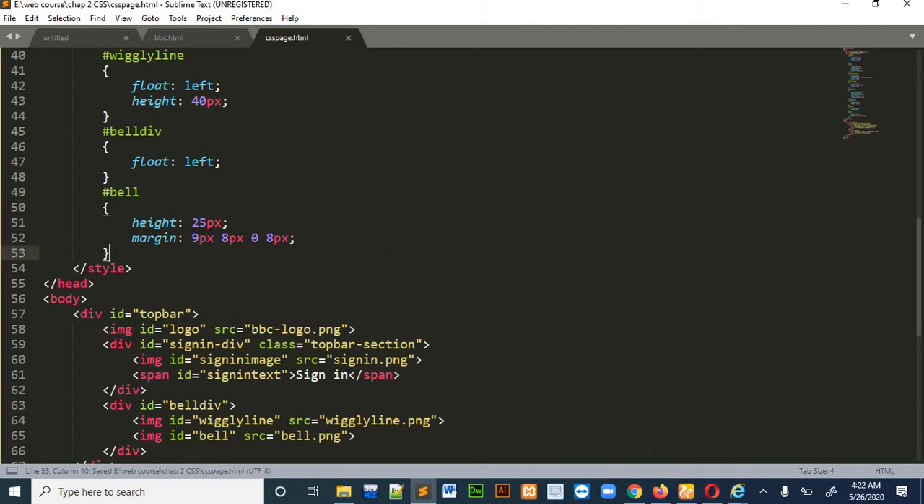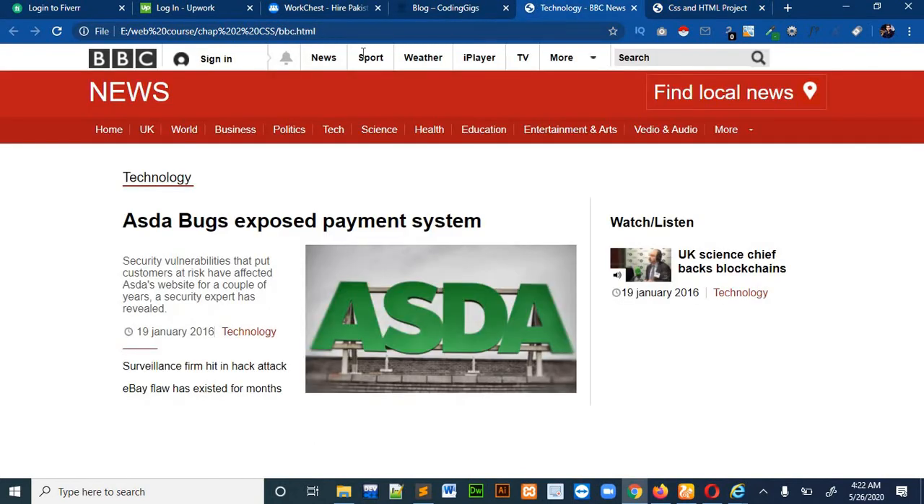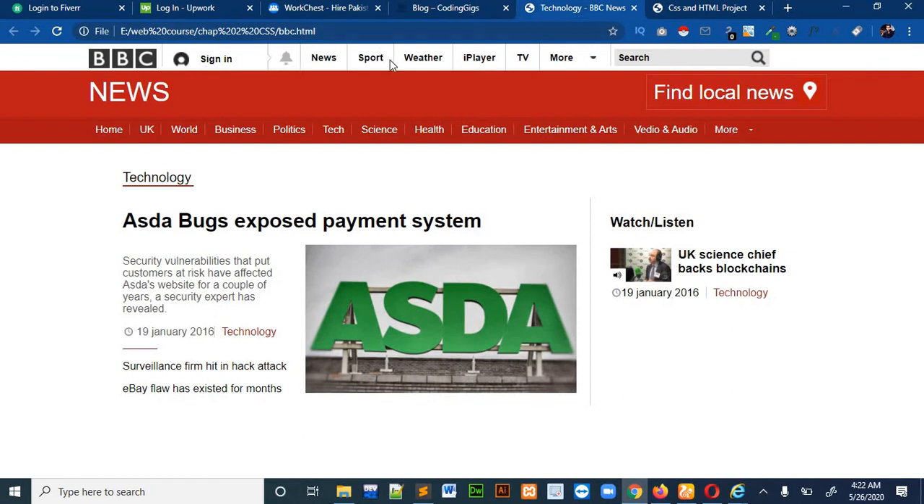Okay, so let's see. So you can see that it has aligned to our section, very good. So you can see that our page is now looking like what we want to make. Okay, so the next thing we want is this text field and these lines between them. So for that